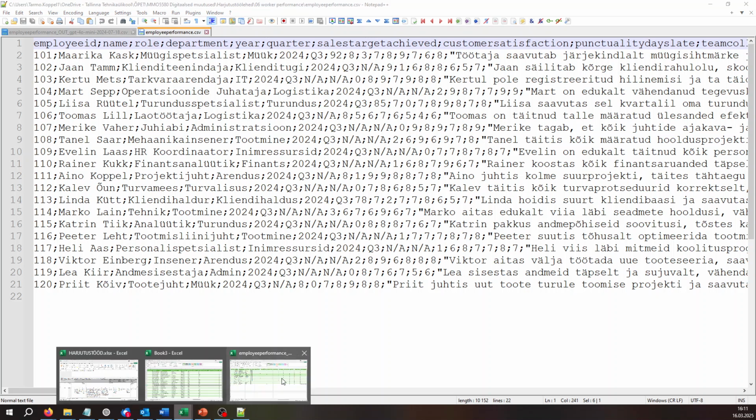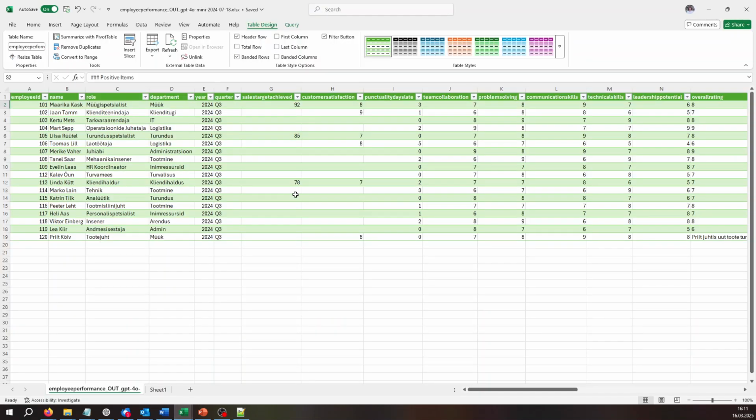It's much better if we open this file in Excel. So this is what we will see for the same file when opened in Excel. We see each employee. In this exercise we have about 20 employees. Each one is in a separate row, and then we have columns representing the name, role, department, year, quarter, sales target